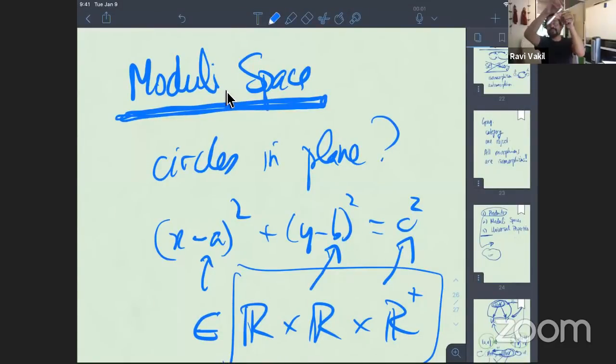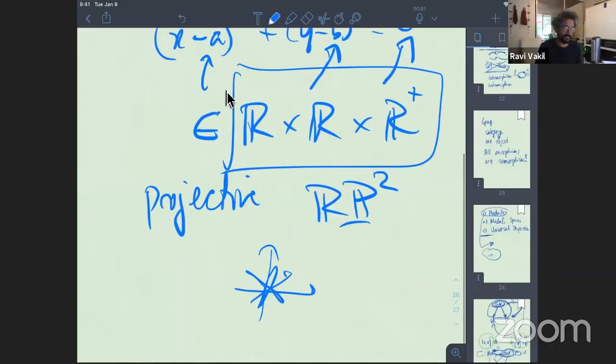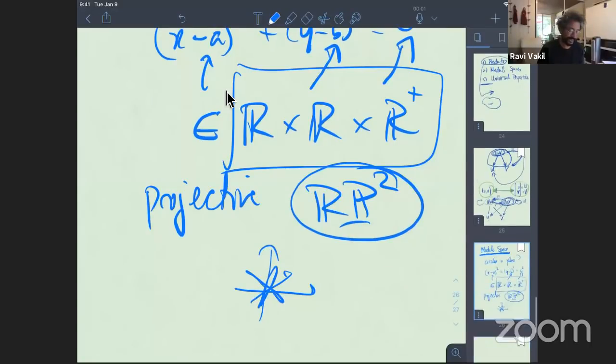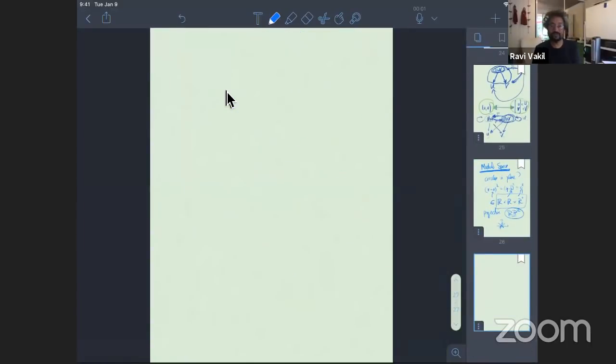So the points in projective space correspond to lines through the origin. And when you say it this way, you can believe that it's not just a set of lines through the origin. There are 2 degrees of freedom. RP2 is 2-dimensional. And so that's a point in projective space. That's a path in projective space. This is a loop in projective space. This is a non-contractible loop in projective space. That is telling us that we have a notion not just of this as a set, but as something better. So now let me take us to Riemann.